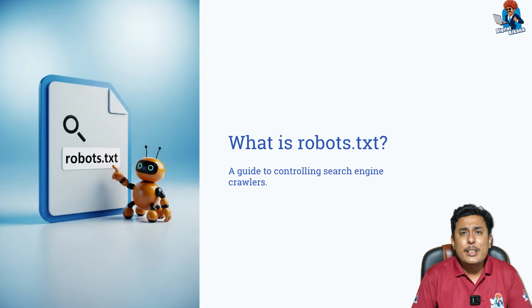Welcome to this video. In this session, we will understand what robots.txt is and how it helps control how search engines crawl your website. Robots.txt is a simple text file placed on your website that tells search engine crawlers which pages they are allowed to visit and which ones to avoid. The robots.txt file is located in the root directory of your website. For example,